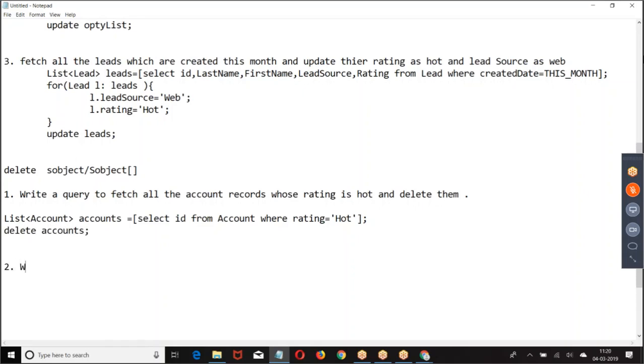Write a query to fetch all the leads whose lead source equal to web and delete them.